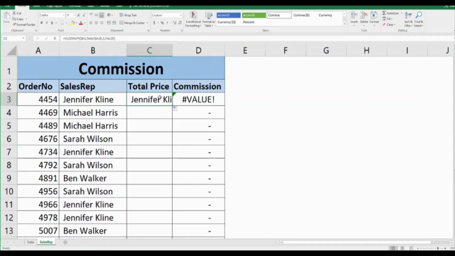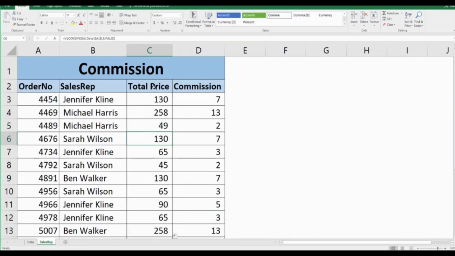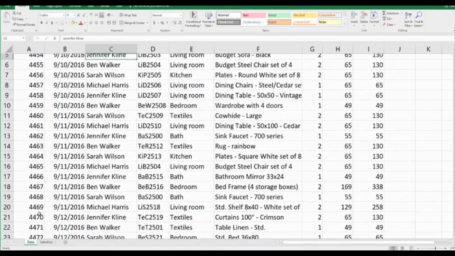Now hold your horses, because we're not done yet. This is returning the wrong data from the data sheet. So instead of returning what's in column number 3, we need to return what's in column number 9. Hit enter. Now you can copy this down, and you'll see that the total price of order number 4469 is, let's check,